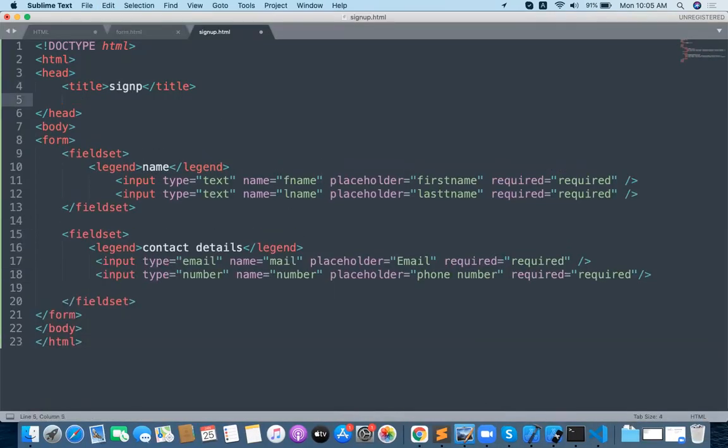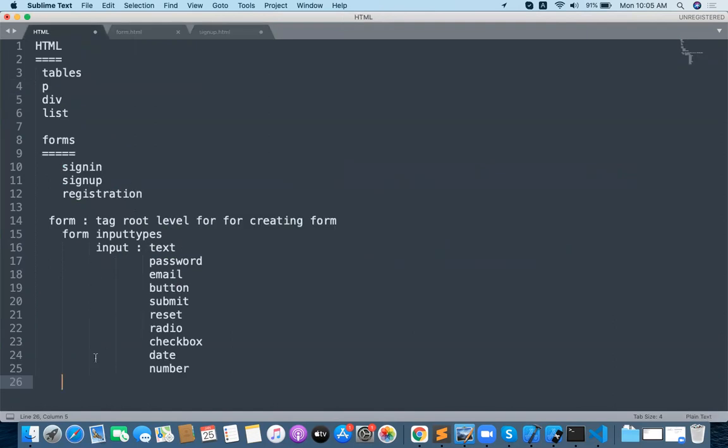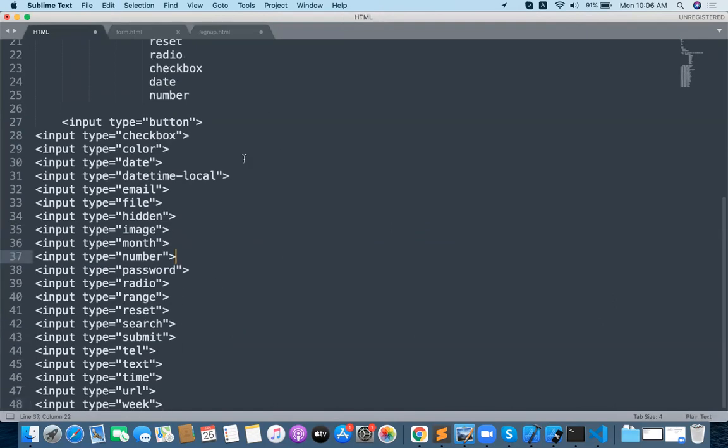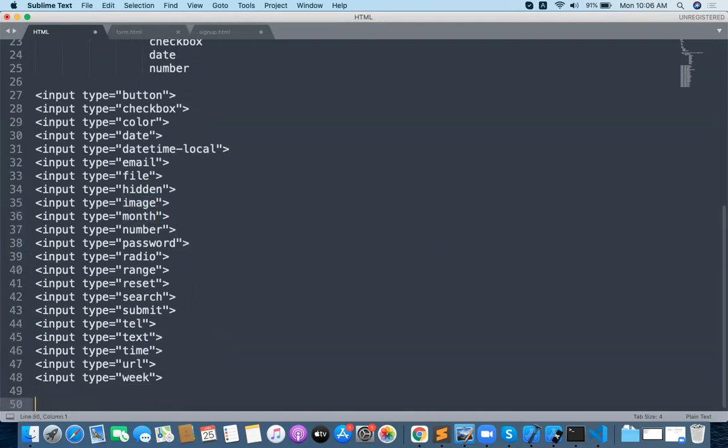Let me give you all the input types: input type button, checkbox, color, date, datetime-local, email, file, hidden, image, month. A lot of things are going to be available.